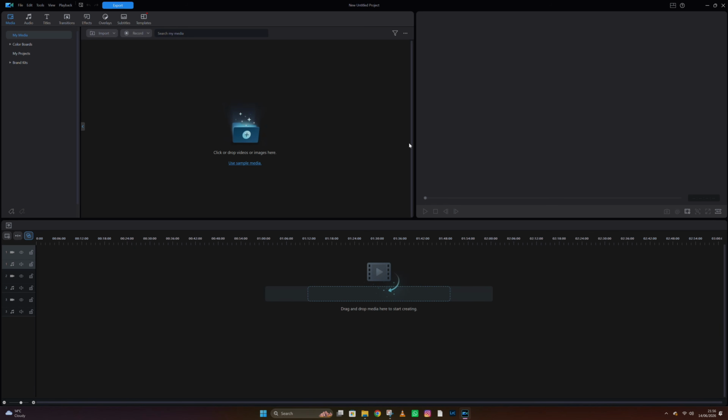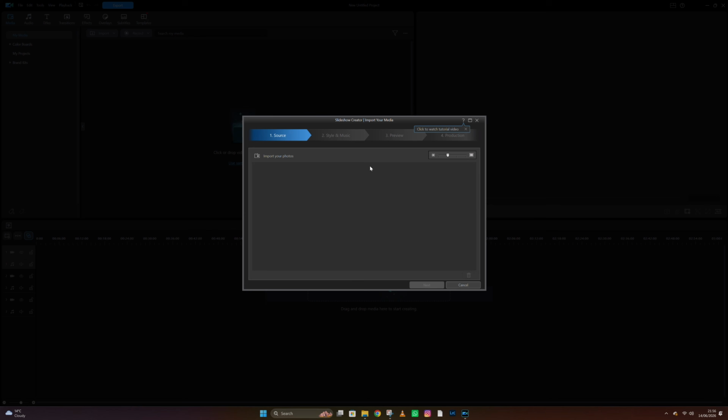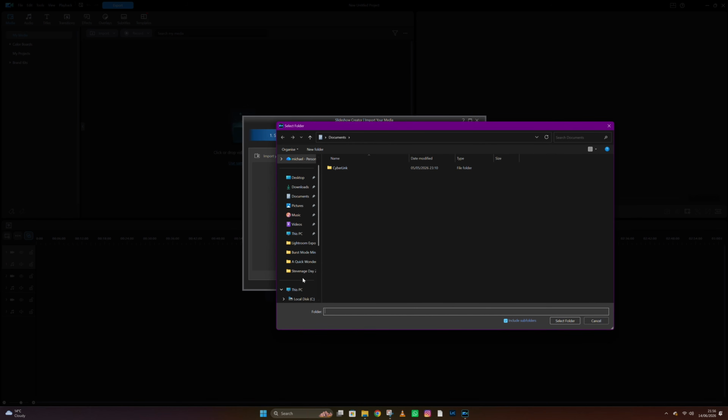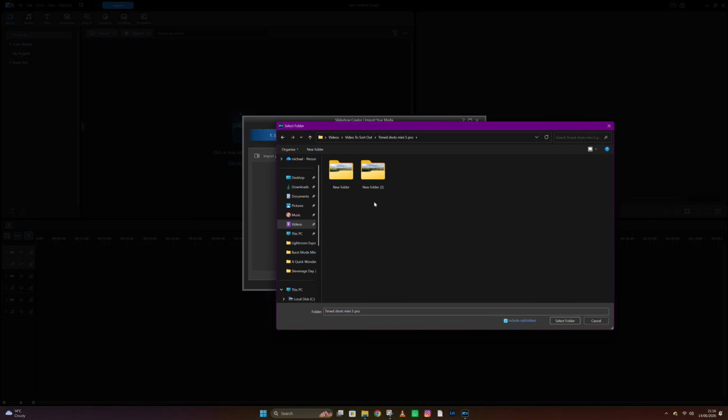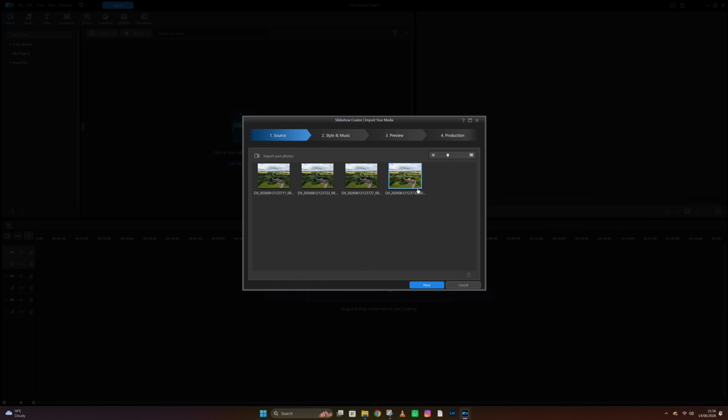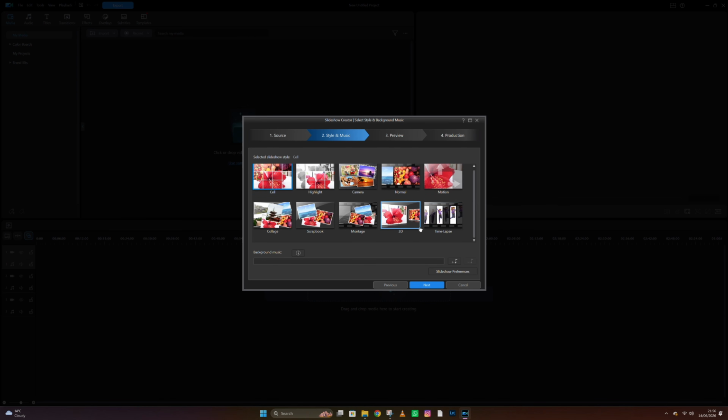We will go to Tools, Slideshow Creator, import your files, just do import folder, and then we can go to there. Then we just select the folder and it should automatically do all the photos. You click next and you click time lapse. Then you go to next,